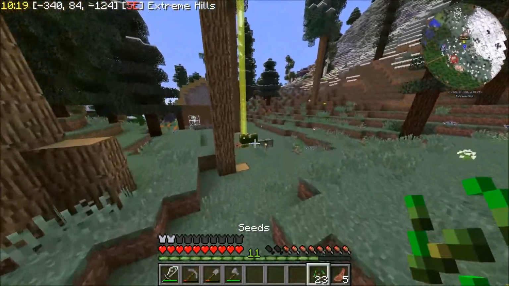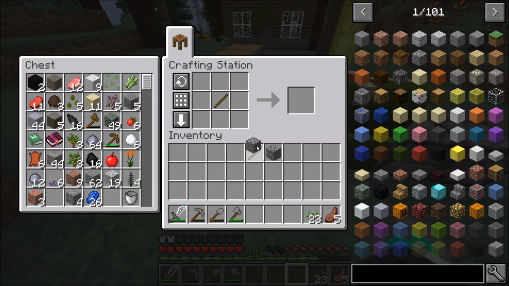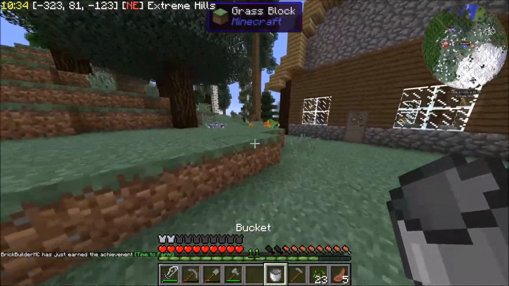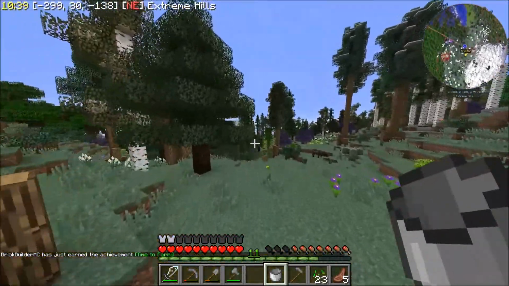And now we have 23 seeds, that should be perfect. And we'll take 2 of those and 2 of those. We need to make the stone hoe as our farming tool. Boom. And water bucket. I know we have water down in the mine, which I still have to show you guys